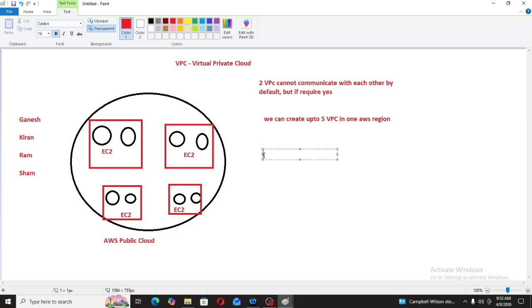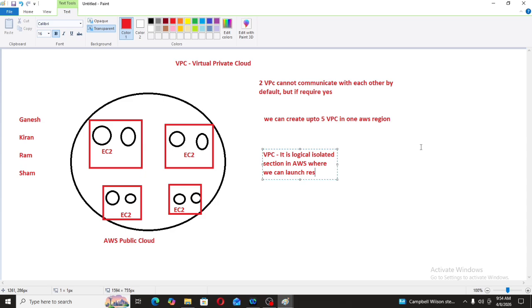Then what is the definition of VPC? It is a logically isolated section in AWS where we can launch resources. What are those resources? Resources can be EC2 or any servers or any EBS, whatever the resources are.